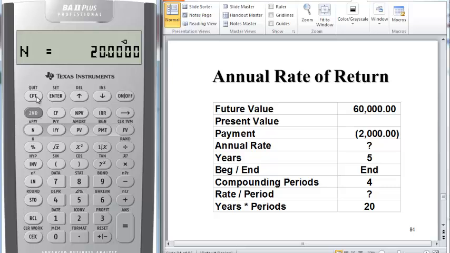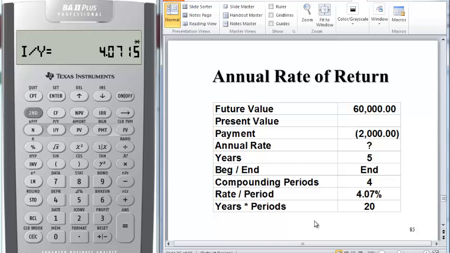So what do I want to compute for? When I compute for my I/Y, what is this telling me? This is what I see people put on an exam many times. They put 4.07% is the rate of return. But what is that rate of return? That is my quarterly rate of return. How do I make that an annual rate of return? I need to multiply it times the number of quarters to turn it into an annual return. And I get